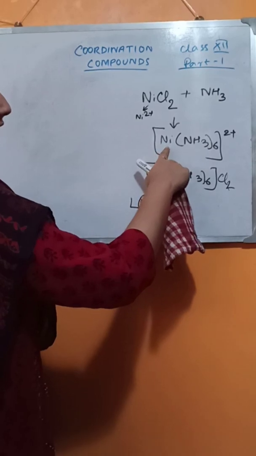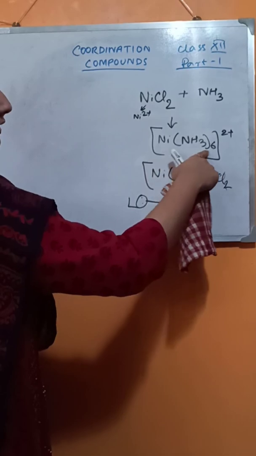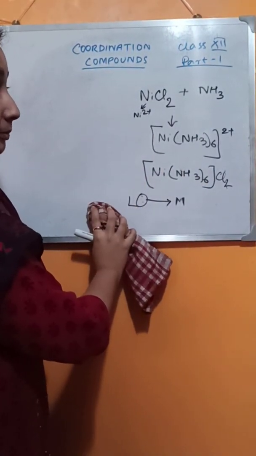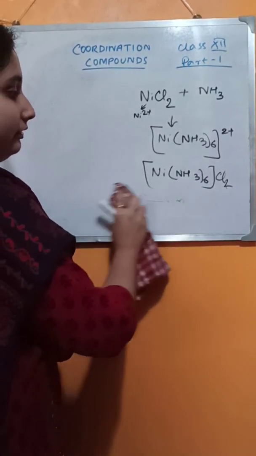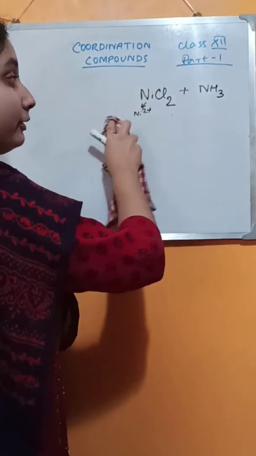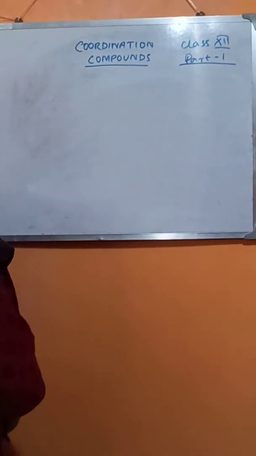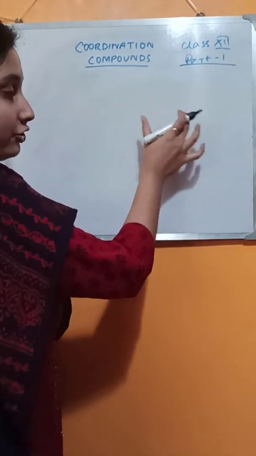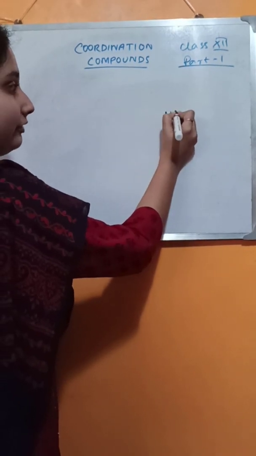See, nickel's valency is +2. Then how can it combine with 6 ammonia? These complex compounds, or coordination compounds, have nothing to do with valency. Valency is important, but with the help of valency we will just understand which system is electron rich or which system is electron deficient. But the formation of these compounds has nothing to do with valency. Let's see the structure of that compound.